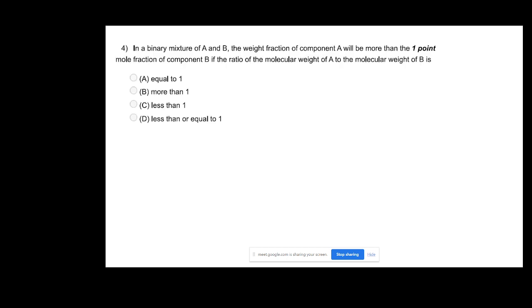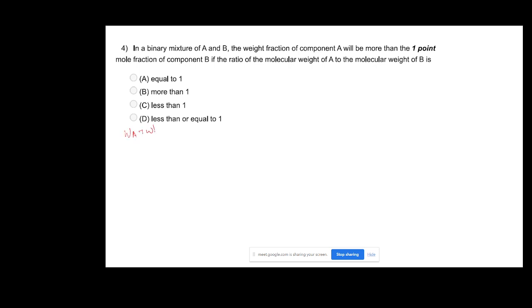So if not, we can move to the next question. Here it says that in a binary mixture of A and B, the weight fraction of component A will be more than the mole fraction of B if the ratio of molecular weight of A to molecular weight of B is dash. So for that, what we are given is weight fraction of A. Let's say we have WA